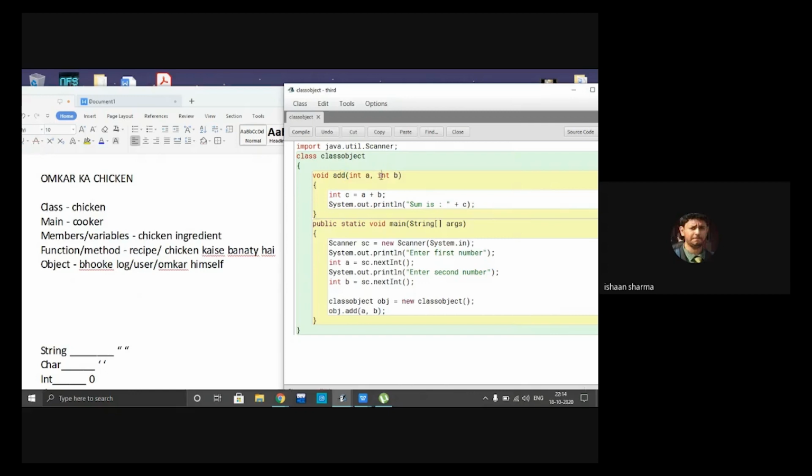Now, what is int a and what is int b, and why have I written it like this? So void add is what we call a function, and the two statements written here are int a and int b. So void add has two parameters in its execution, which include int a and int b.